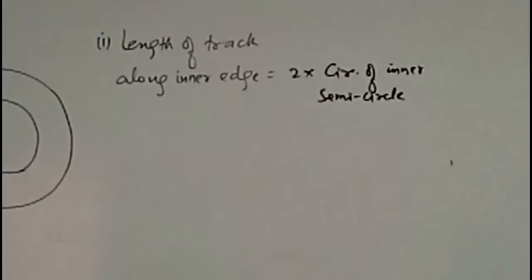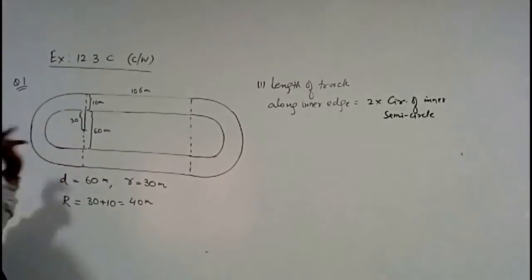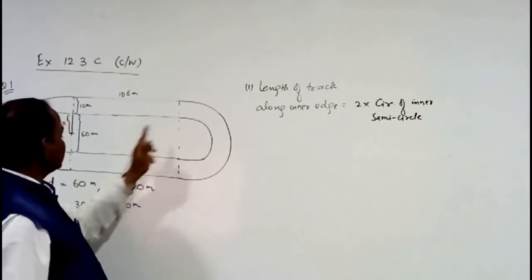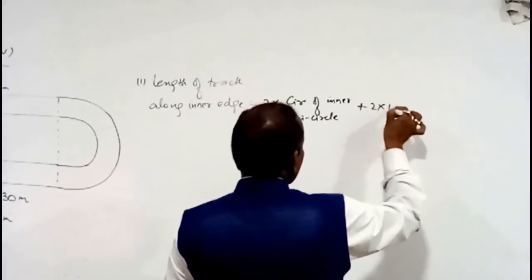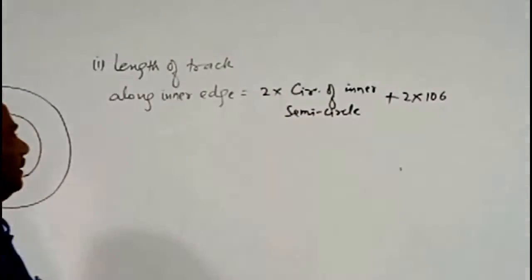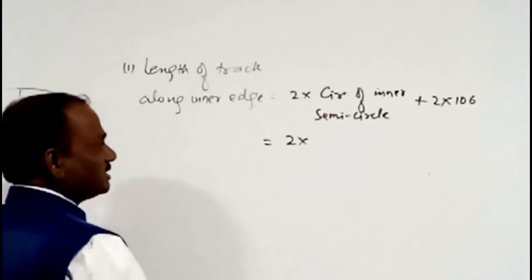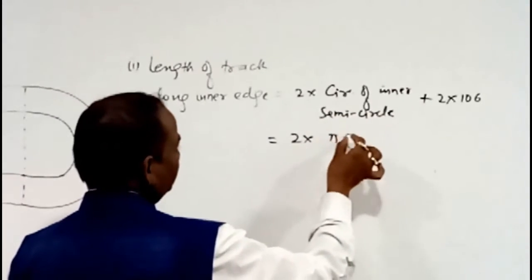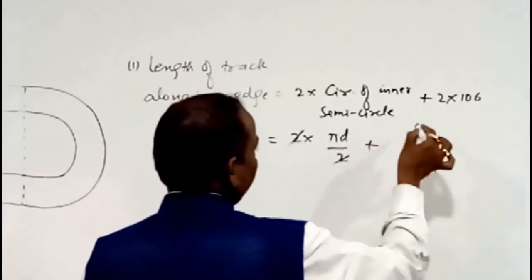ये वाला सेमी सर्कल और ये वाला सेमी सर्कल दोनों इक्वल हैं, तो इसके सर्कमफरेंस को 2 से मल्टीप्लाई कर दिया गया, और ये 106 और ये 106 है, दैट इज प्लस 2 इनटू 106। अब इसको फाइंड करने का तरीका, सर्कमफरेंस ऑफ सेमी सर्कल का फॉर्मूला होता है पाई डी बाई 2, तो ये 2 कट जाएगा, प्लस ये मल्टीप्लाई